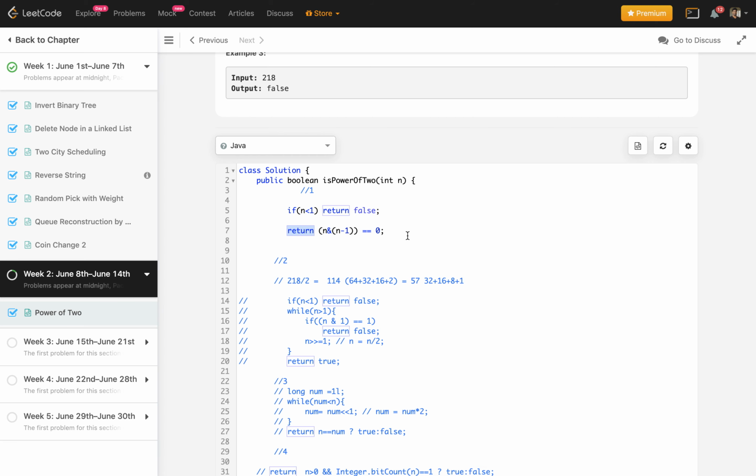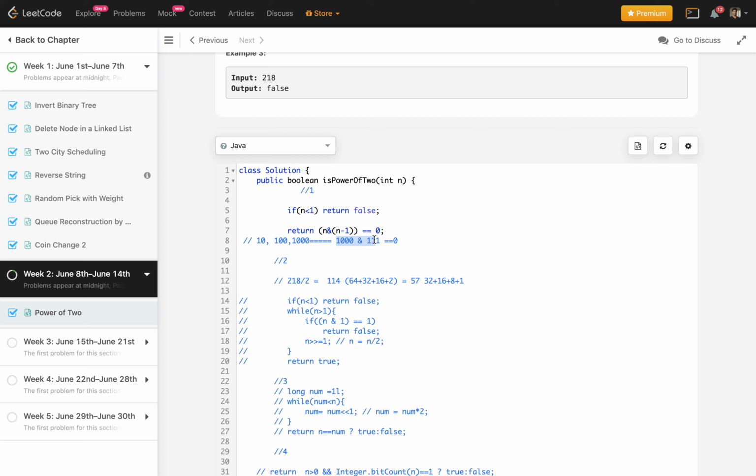But if the number is greater than 1, think of it this way: if a number is a power of 2, it will be either 2, or 4, or 8, etc. If we take any power of 2 and do AND with n minus 1, for example n minus 1 being 7 for 8, then we will get 0.